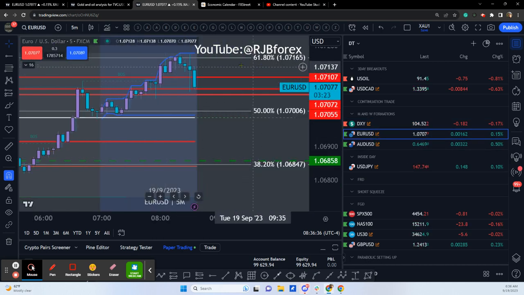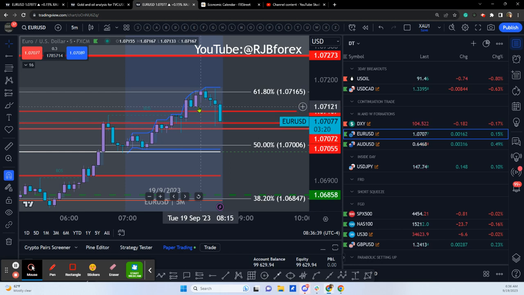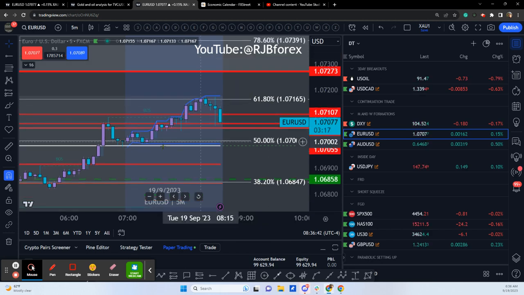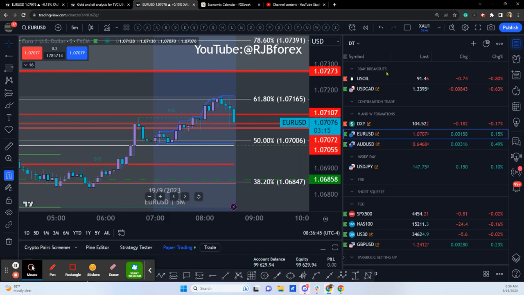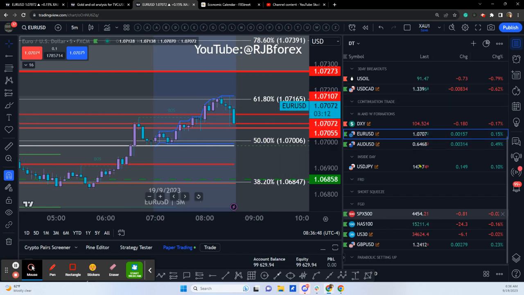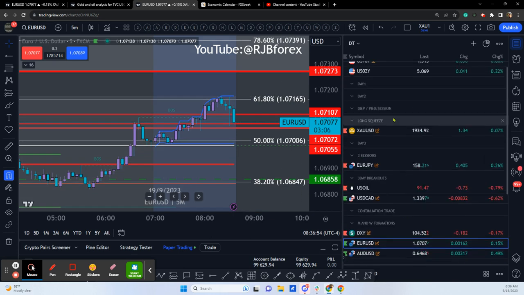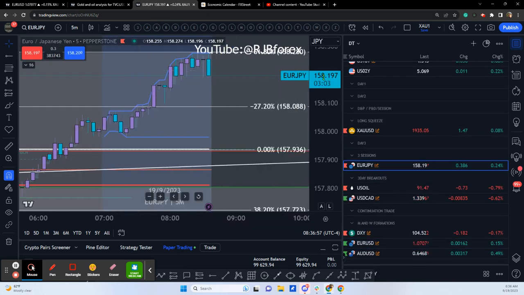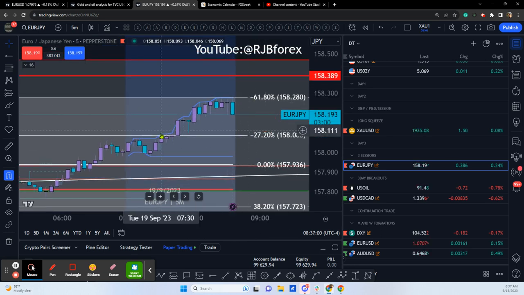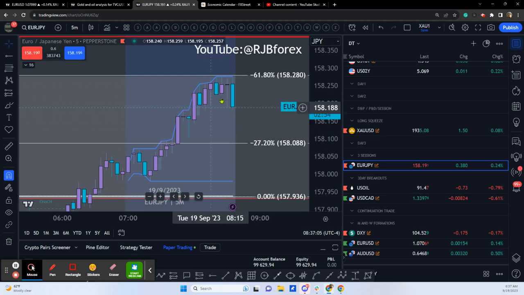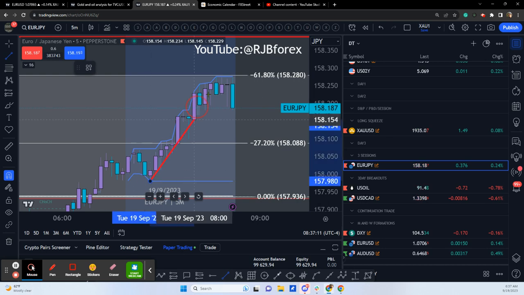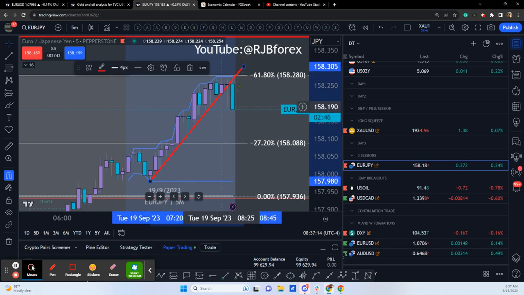Breaking structure in the euro. So we talked about that momentarily, didn't we? About the euro selling off, coming up into the 61.8. So there's your opportunity then for doing something with your euro yen. Let it play out. We've got the short squeeze on. Could be a selling opportunity. Just be wary of getting in too early because this can easily pull back and make a higher high, stop anyone out that's got their stops above.